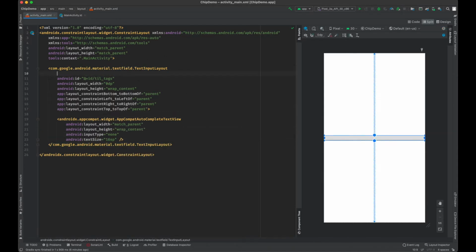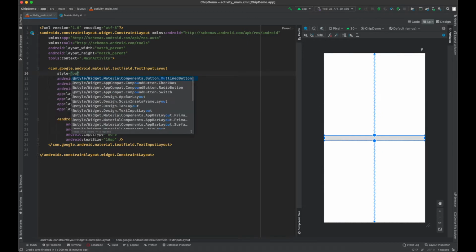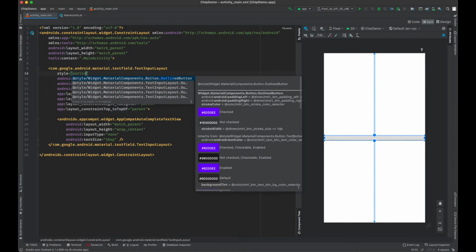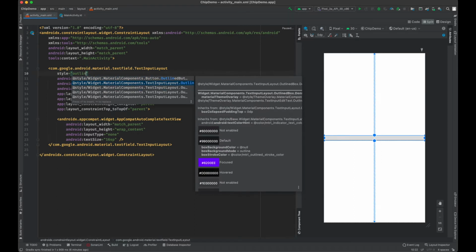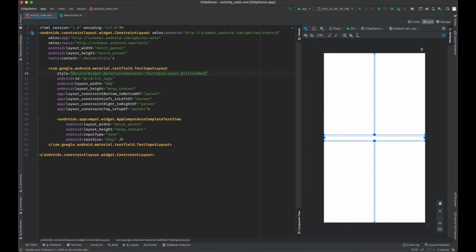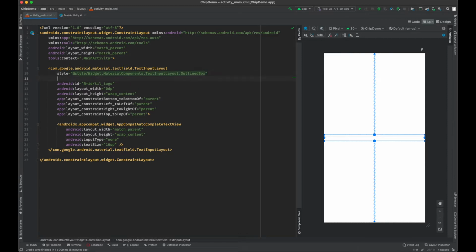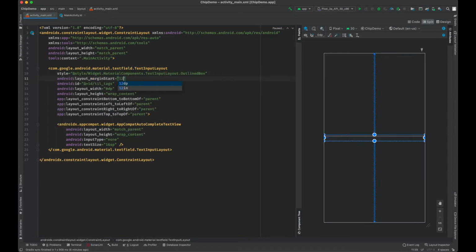I will be using outline box style for this text input layout. So let's put style property and type outline, and select TextInputLayout.OutlinedBox from this Widget Material Components style. So now let's move it to top of the screen and give some margin from both ends.